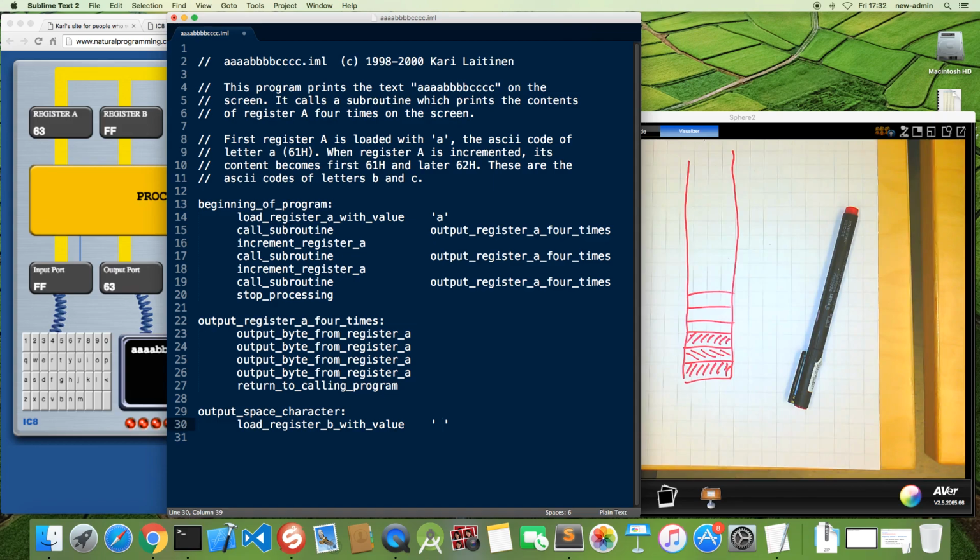When I'm writing like this, it puts the code of the space character into the register B. And then I can use this other instruction, output byte from register B,